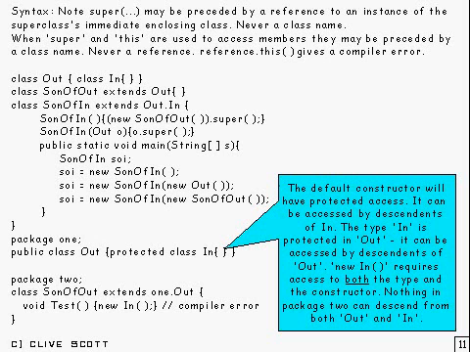Okay, just a few points to note. First of all, the superclass constructor call may, of course, be preceded by a reference to an instance of the superclass's immediate enclosing class. Okay, now if you don't supply one, what happens is it sort of